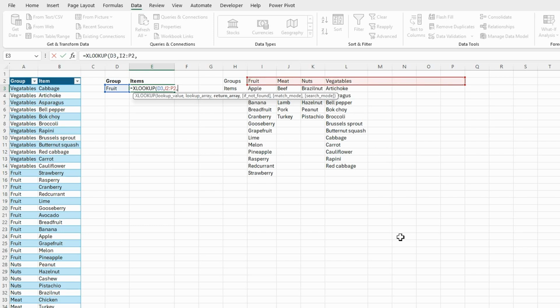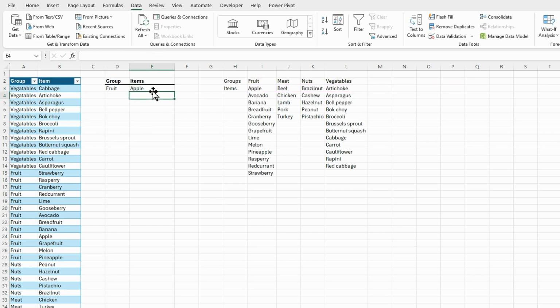My return array is then this row below, exactly the same, from the start to P, so they're both the same. And then, if nothing found, I'm just going to do quotation marks and make it empty. If I then close the bracket on that and hit return,